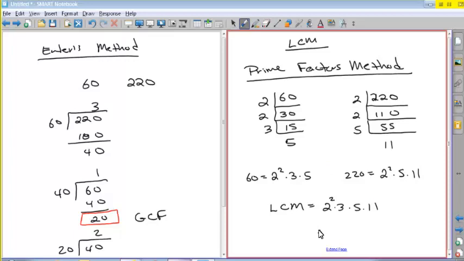So we just multiply all those things together. And so we have 2 squared, which is 4, times 3, times 5, times 11. It's 660. So it's the least common multiple. And so 60 times 11 is